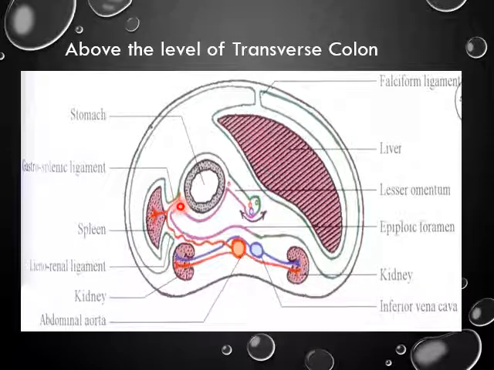This is the gastrosplenic ligament. Now, the ligament in between the spleen and the kidney, the left kidney, this one, superior layer, inferior layer. This is the lieno-renal ligament. Lieno indicates spleen, renal is kidney. So, in between the spleen and the left kidney is the lieno-renal ligament. So, in relation to the spleen, we have two ligaments here. In between the spleen and stomach, we have the gastrosplenic ligament. In between the spleen and the left kidney, we have the lieno-renal ligament.